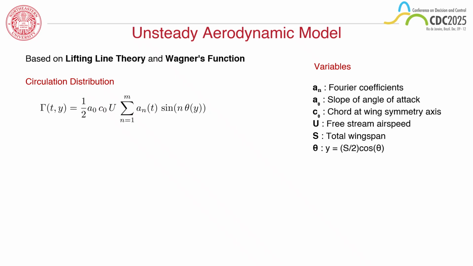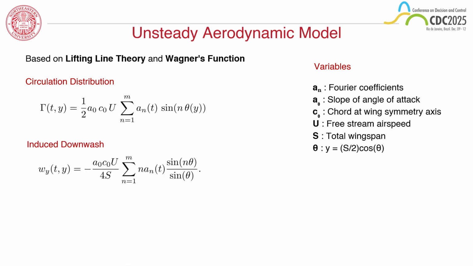The Fourier coefficients a_n capture how the circulation evolves over time. The variable a0 is the lift curve slope, c0 is the chord length at the wing axis of symmetry, U is the free stream velocity, and s is the total wingspan. From the circulation, we can derive the induced downwash shown in the second equation, which accounts for the velocity induced